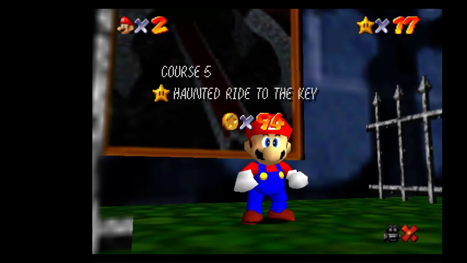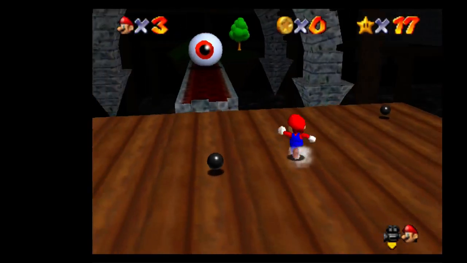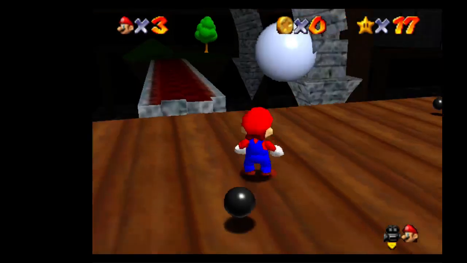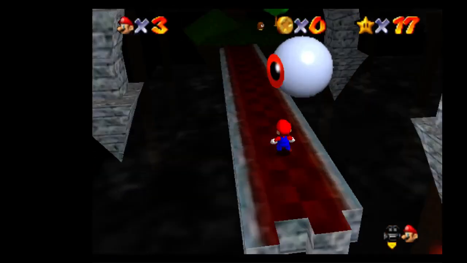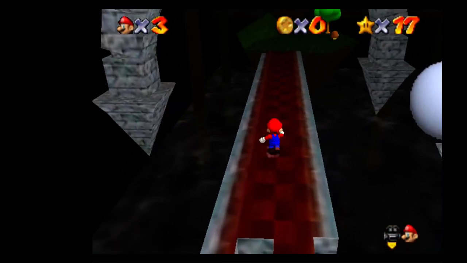And it uses the unused key model that Angry Eye Chase. Oh, hi. Oh, hello there. Oh, they weren't kidding when they said chase. Wait. Okay, I guess this thing just kind of goes wherever it feels like. I have no idea how I'm supposed to defeat this guy if he's just gonna